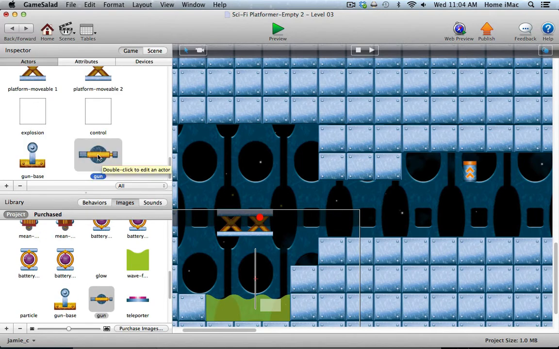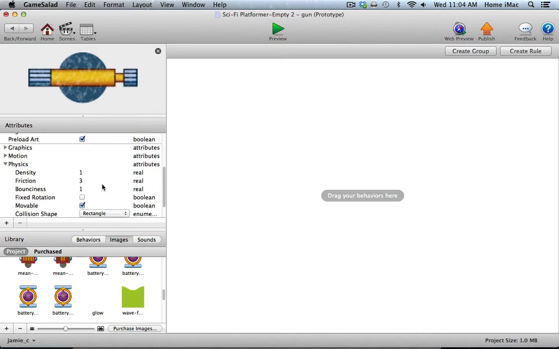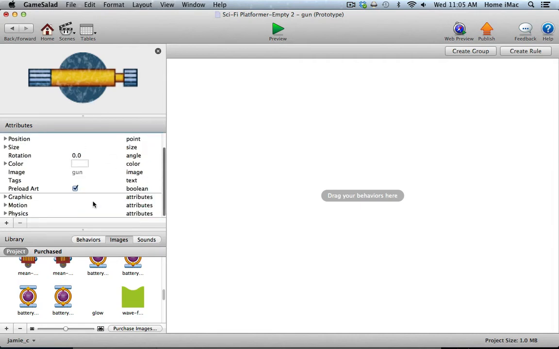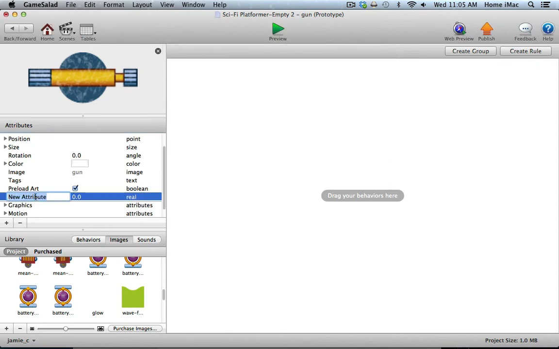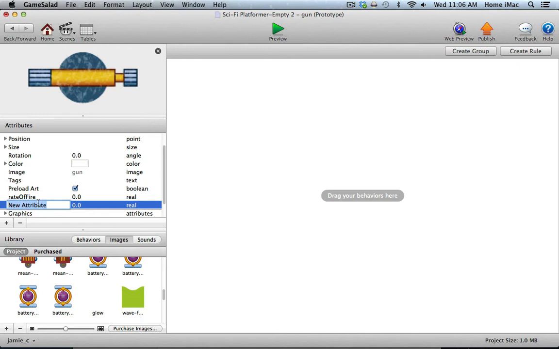Let's add the gun. I'm also going to turn all its physics off, and it's not movable. In the gun actor, we're going to need to add a couple of actor level attributes. The first one is going to be real, and I'm going to call that rate of fire. That's going to be the number of seconds it waits in between laser beam fire. We need another real attribute. We're going to call this one